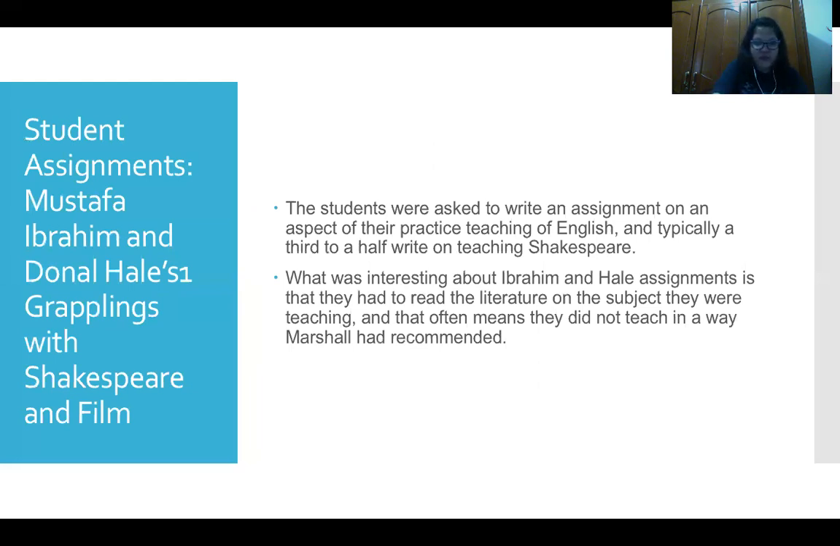And after the moving image sessions, the students were asked to write an assignment on an aspect of their practice teaching of English, and typically a third to a half wrote on teaching Shakespeare. And among all of the student teachers, Marshall was more interested in Ibrahim and Hale's assignments,